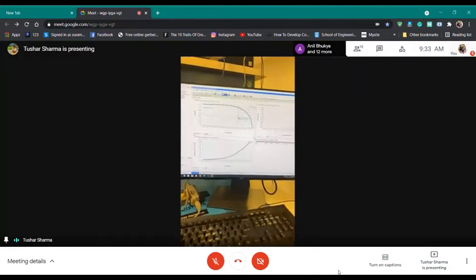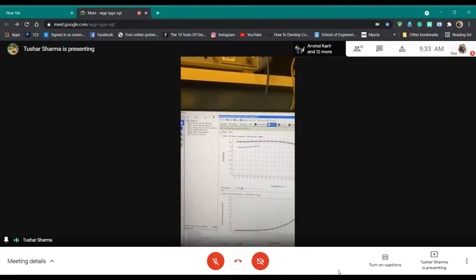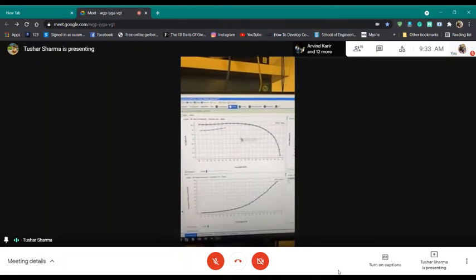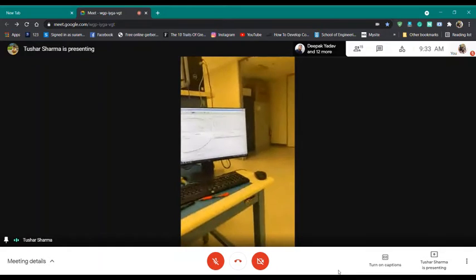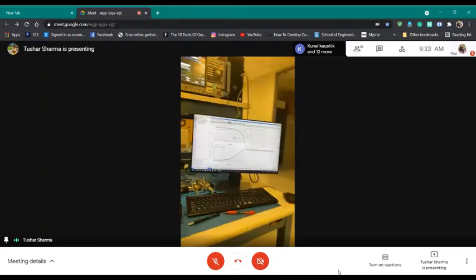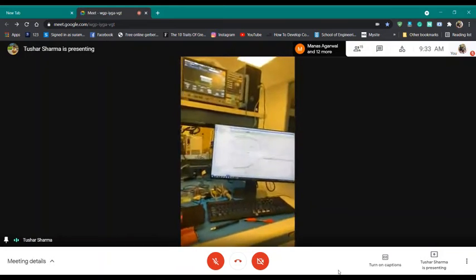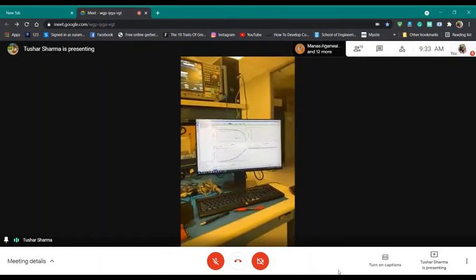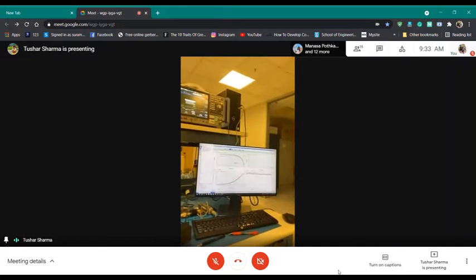So this is for one frequency. This blue curve is for one frequency. So you get some efficiency. Now this gray curve is for the second frequency. So imagine if you want to do this manually, you will have to select a frequency, you will have to change power one by one. And for each power, you will keep measuring whatever DC voltage and current you are reading. And then you will calculate efficiency and then you will calculate gain. So manually, this task becomes very difficult. So that's why you automate everything.